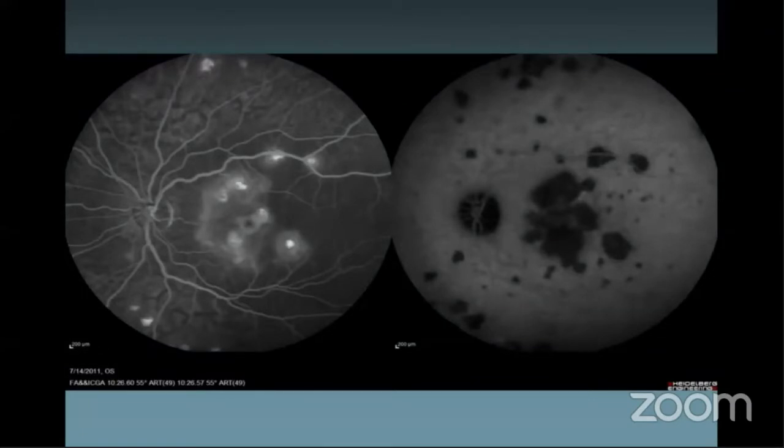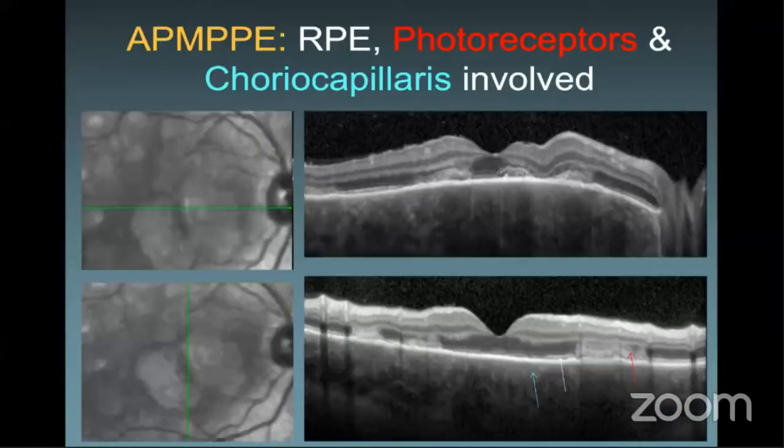The ICG remains dark in both early and late frames in this condition, and all of us are quite familiar with this disease that was initially described in 1968 by J. Donald M. Gass. On OCT features, you can note that not only is the pigment epithelium involved, but the choriocapillaries, the underlying superficial choroid, and the overlying photoreceptors, both the outer segment and the inner segments are affected, along with